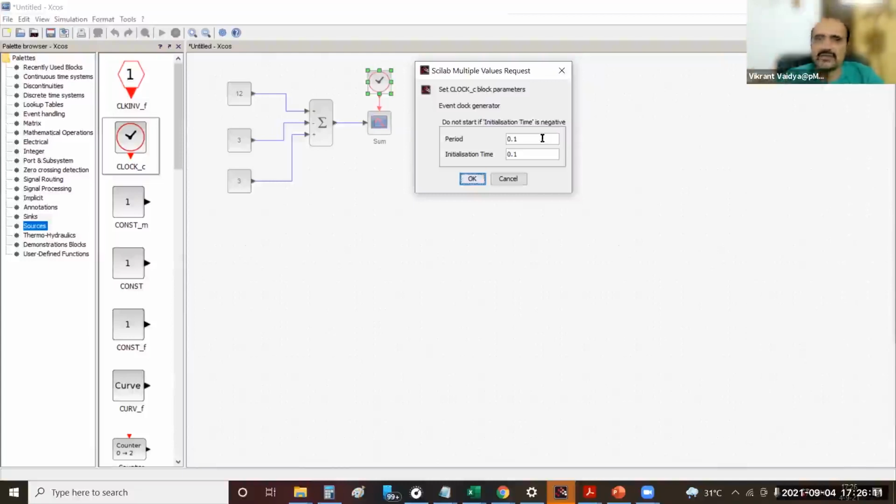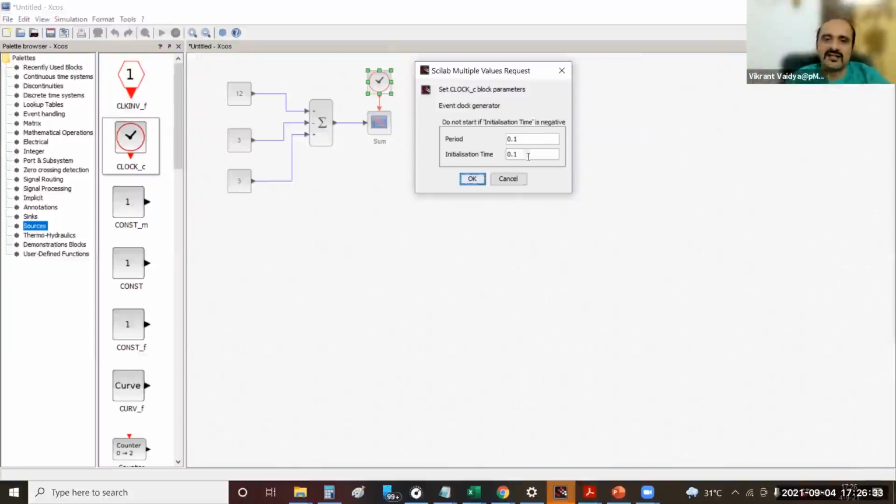The whole impulse profile, nothing you will see. So in that case, you will come here and change the period to a lower number, so 0.001 or something like that. Depending upon what event and what transients you are plotting, you should put that period here.